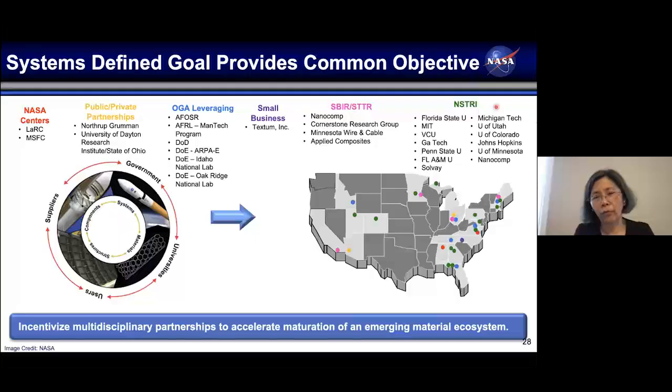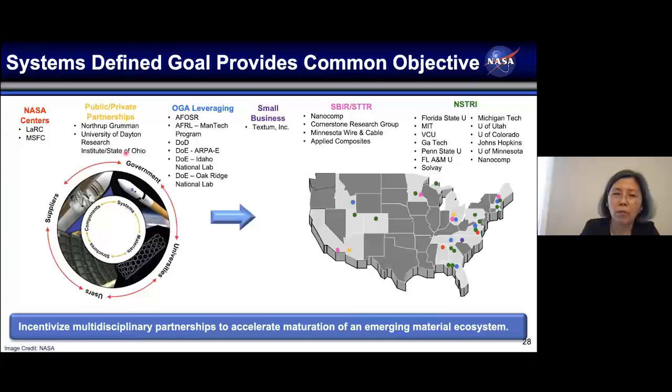All these university professors are working across the scale toward a common goal, from atomistic scale to macro scale. We're leveraging investments from other government agencies as well, and trying to use public-private partnerships for things like, I'm hoping to get a flight test for this type of material, and moving from research that we do at Langley to transferring to Marshall. And we're able to do that because we have capabilities at the center, spanning materials, structures, components,